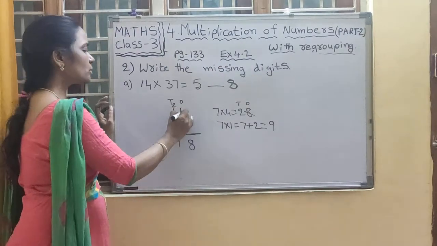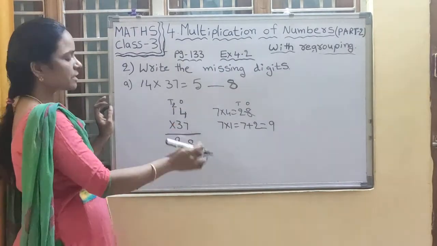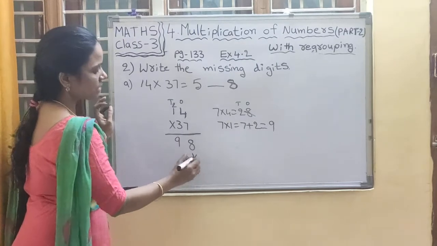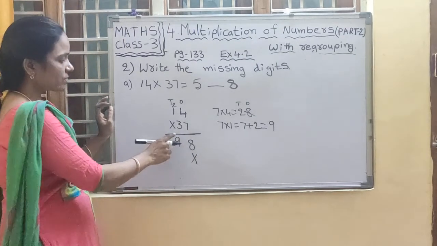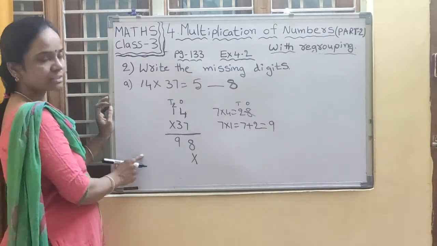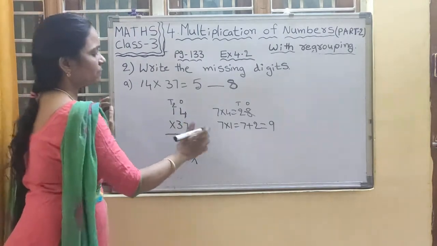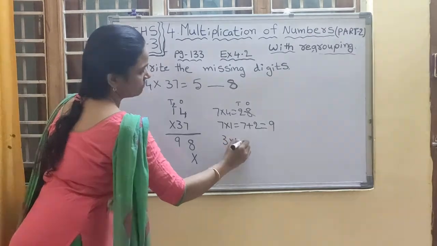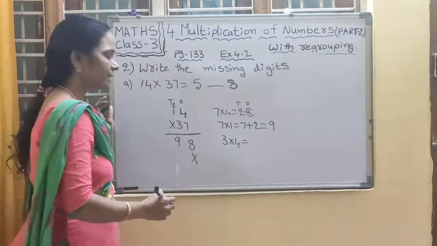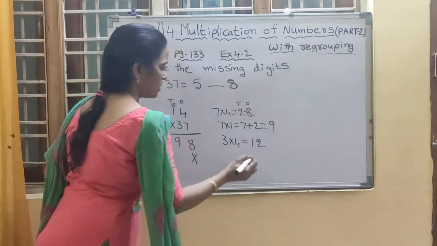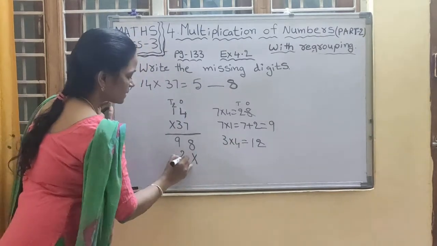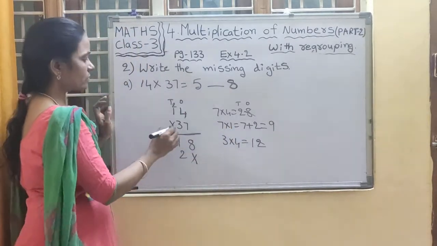Now the whole number, means the 14, should be multiplied by 3. So for the ones place put in 2, because we are doing it with the tens place. So start with the tens place digit. Start with the tens place. Next, 3 4s are how much? Very good children. 12. So 2 write at the tens place and 1 is the carry forwarded to the